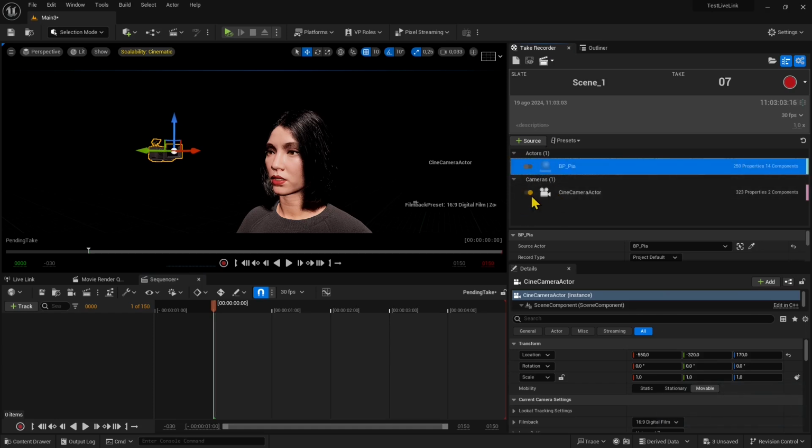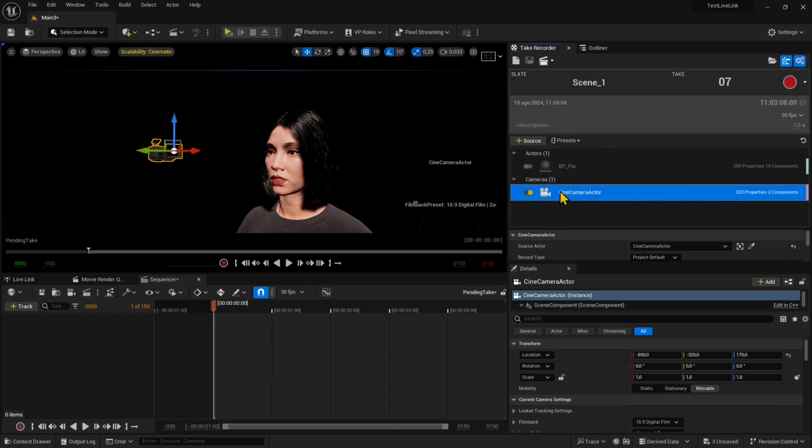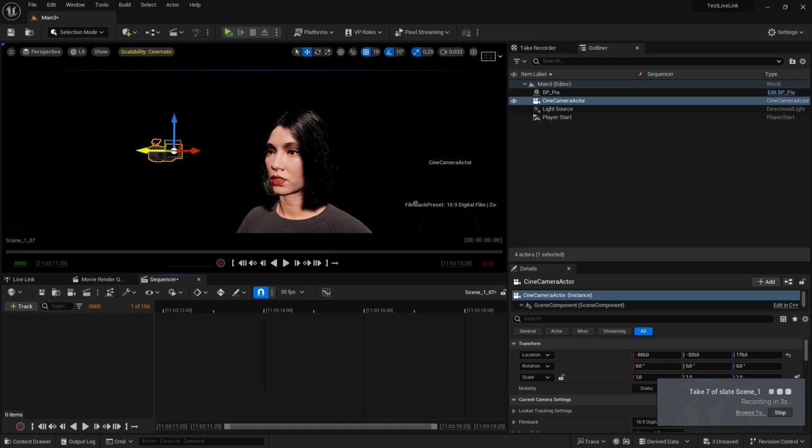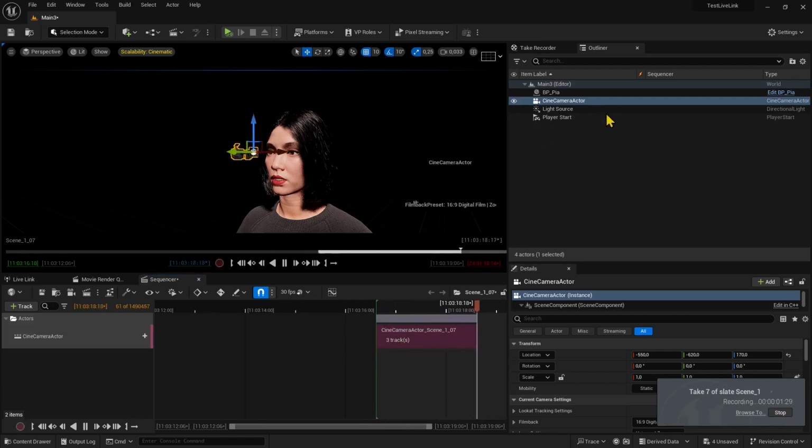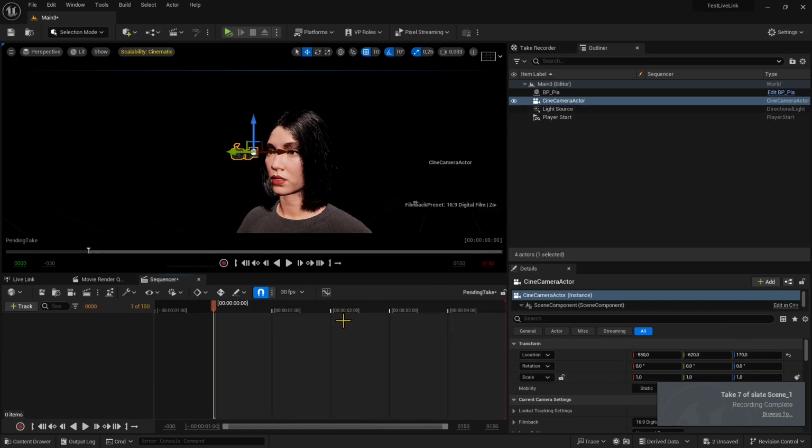So I want to turn off the MetaHuman right now. Let's animate something really simple, which is the camera. And once the camera is animated, you can create some really cinematic shots. So I press record, I move the camera around, just a slight movement. Be careful because sometimes it has a little delay before it starts recording,